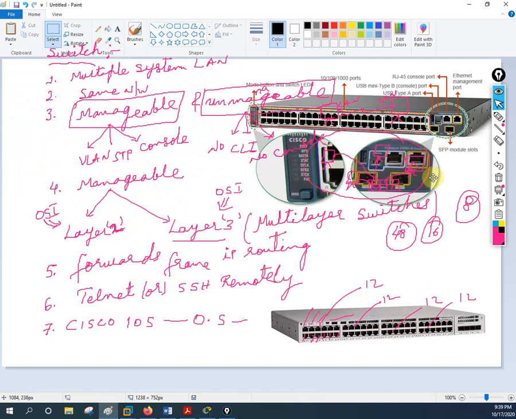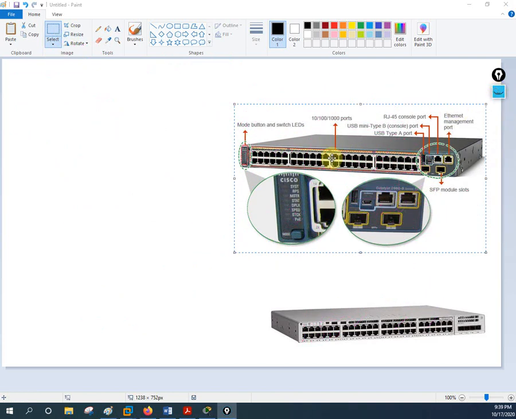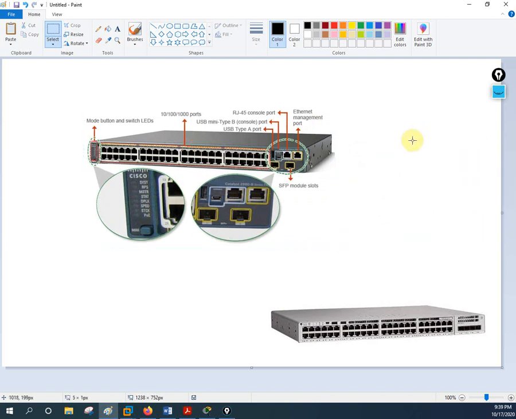Okay, let me go here and paste something. If you see here, this is also a switch, how it looks, and multiple things about the switch. This is an LED. With the LED you can tell it is working, all are green, and these are the ports of the switch. And here we have the RJ45 port. If you want to do any configuration, you have the console port, a USB mini console port. You have different types of connectors, depending upon the model.